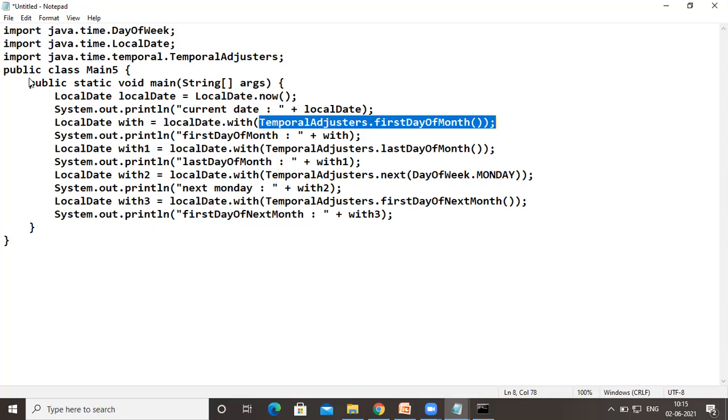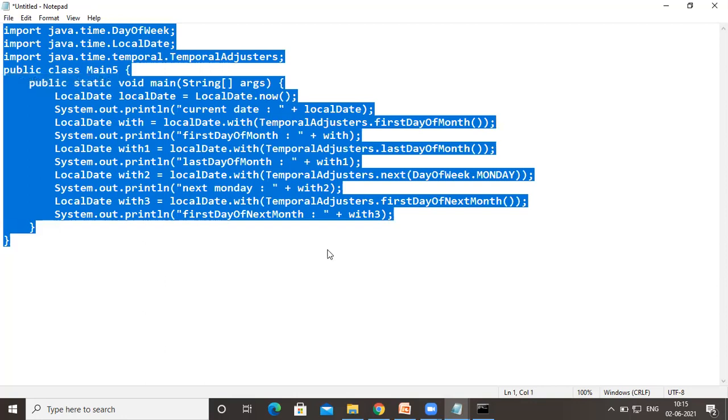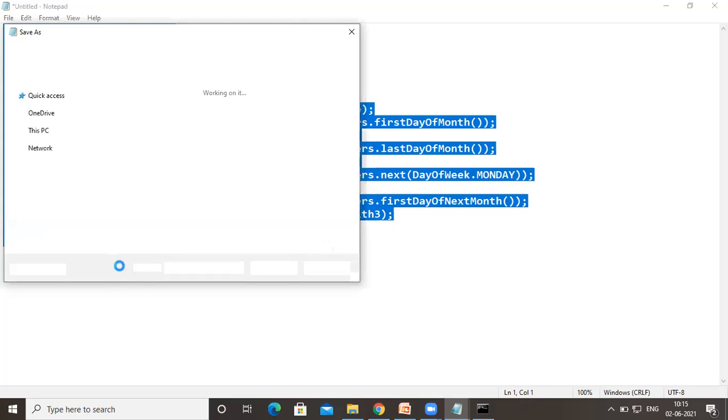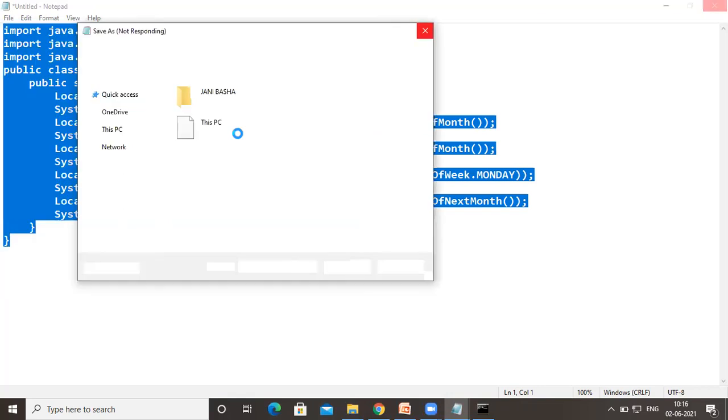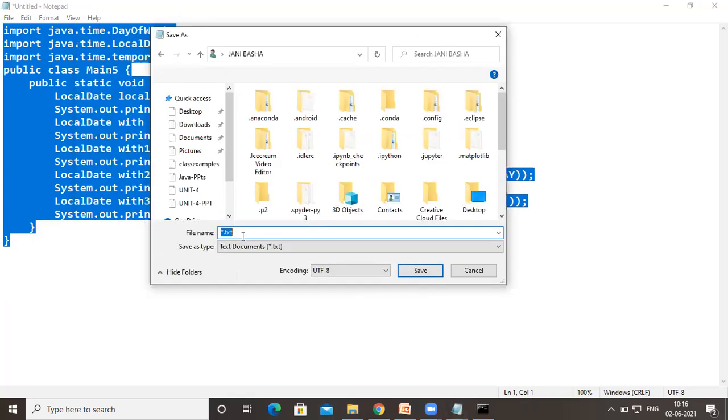What happens when we execute this is main5. The program name is main5, main5.java.